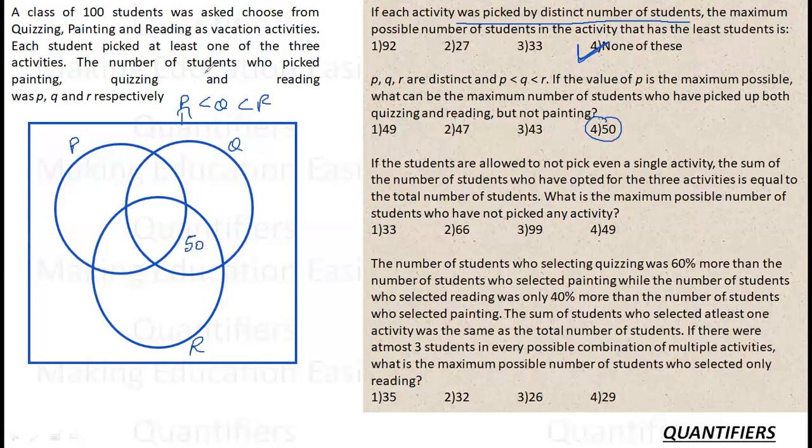If I am putting 50 here, Q is also 50, R is also 50. I want to maximize P and I want to increase R also. Let us give only one more to R. So if I am giving one more to R, this becomes 51. This remains 50. And now how many students I have consumed? Up to this point, I have consumed 51 students, 50 plus 1. So remaining are 49 that can be allocated to P only. So in this way, I can maximize my given number. ठीक है, इस तरीके से मैं इसको maximize कर सकता हूँ. My answer will be 50 in this case.